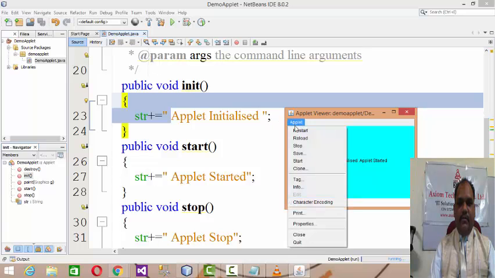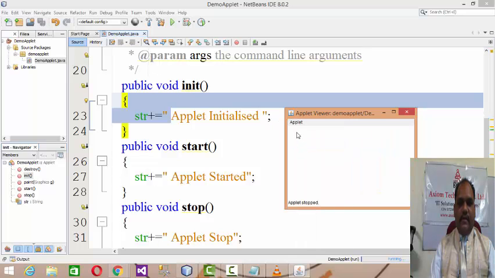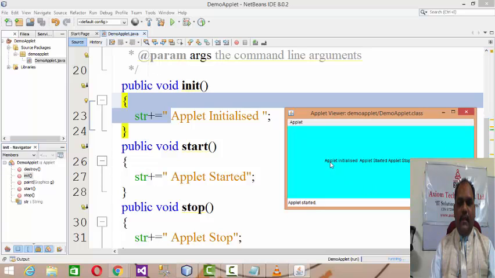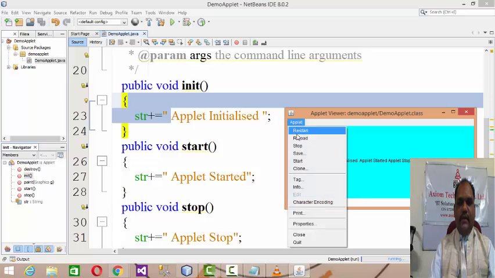Now here in the applet window, if I say stop, and again if I say start, what string will it generate? Initialized, started, stop, and again started. The applet gets initialized only once, then it started, then I deliberately give a call to the stop, and start it over again.